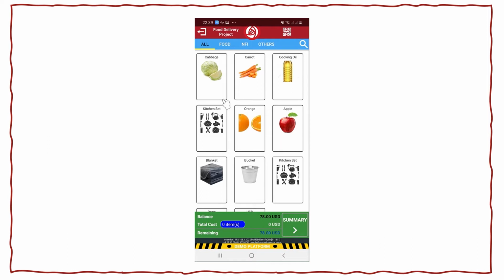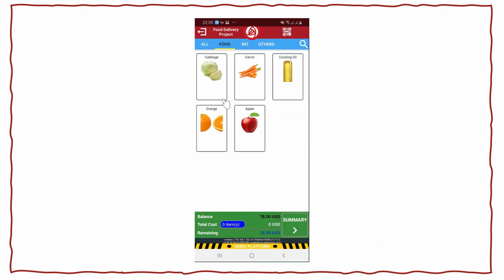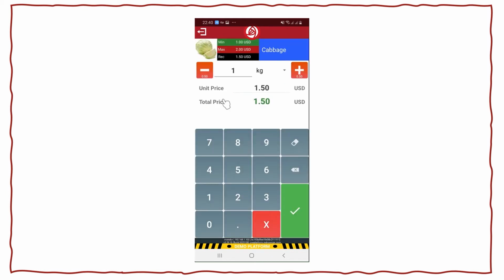The categories can also be used to filter out the items that we designated, and the items can be selected by clicking over them. And here we will be able to select how much we would like to have as in cabbage. The plus and minus buttons will allow us to determine the kilogram,